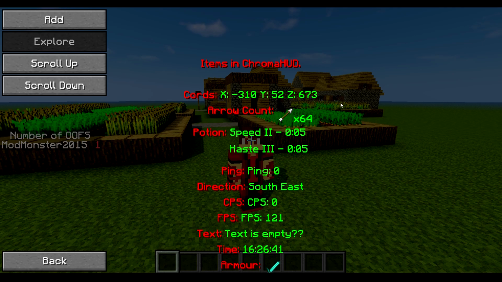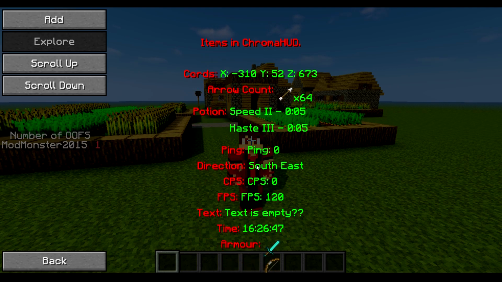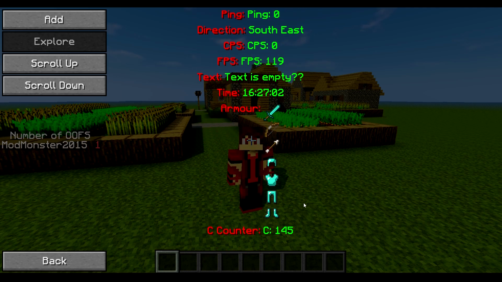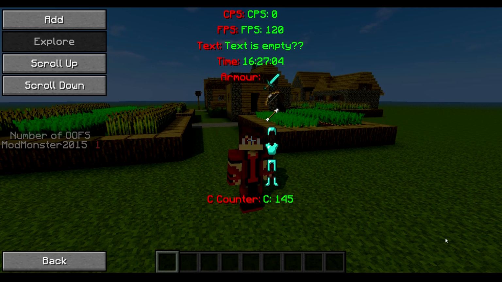So it'll show your coordinates, you can see your arrow count, your potion effects that you have on you, your ping. Obviously I have none because I'm on a local server. The direction that you're facing, your clicks per second, your frames, your text, whatever you want, time, which I believe is real life time. Yes, it is.